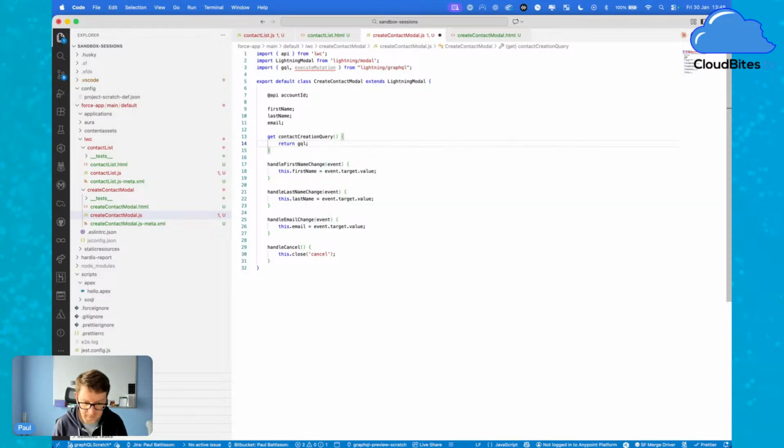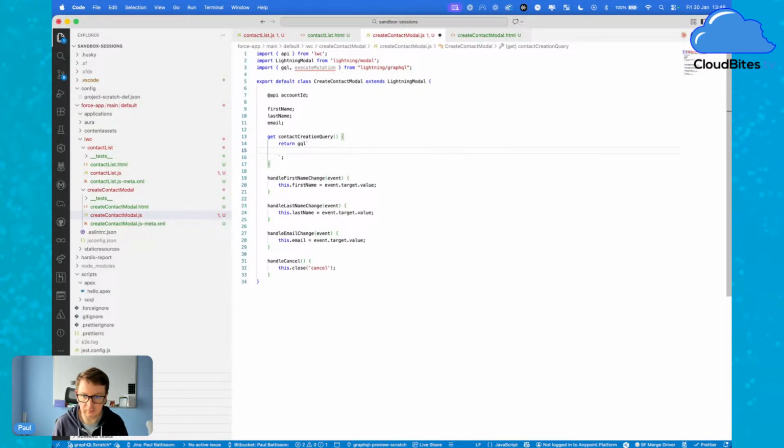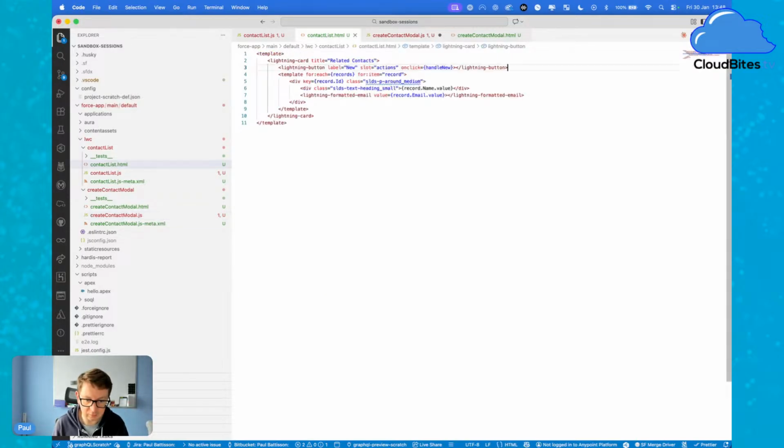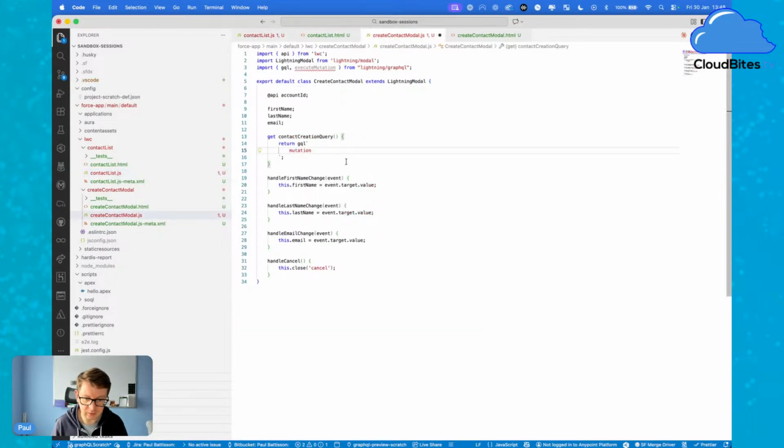GQL as ever, so it's going to process and do our string interpolation with GQL. And we're going to start writing out our query. So our query uses the mutation keyword. Now, if we go back here, you will see that we used the query keyword, and we named the query here. We're going to name the mutation here. We're going to name it